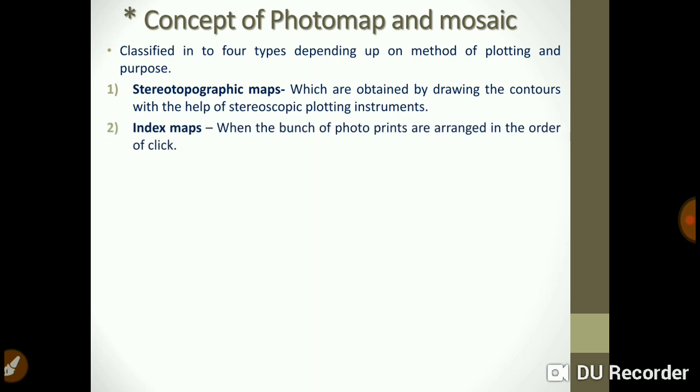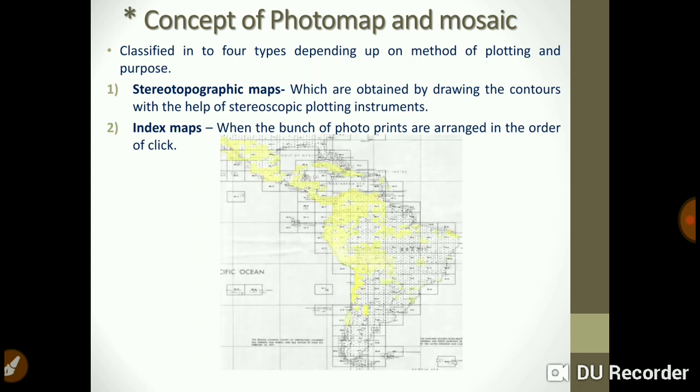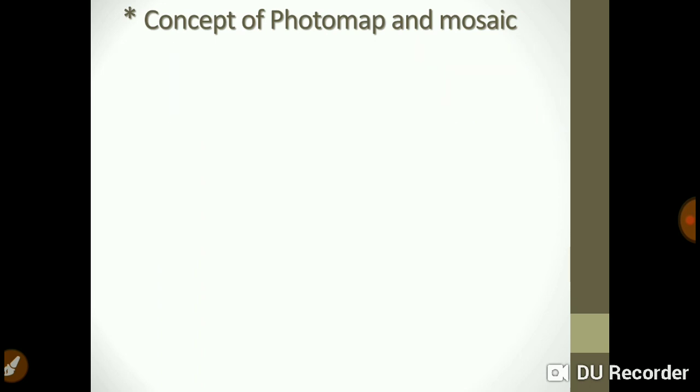The next type is index maps. This type of photo map is obtained when a bunch of photo prints are arranged in the order of the click. Here we can see different photo prints arranged in order of the click, so the photo map is called an index photo map.